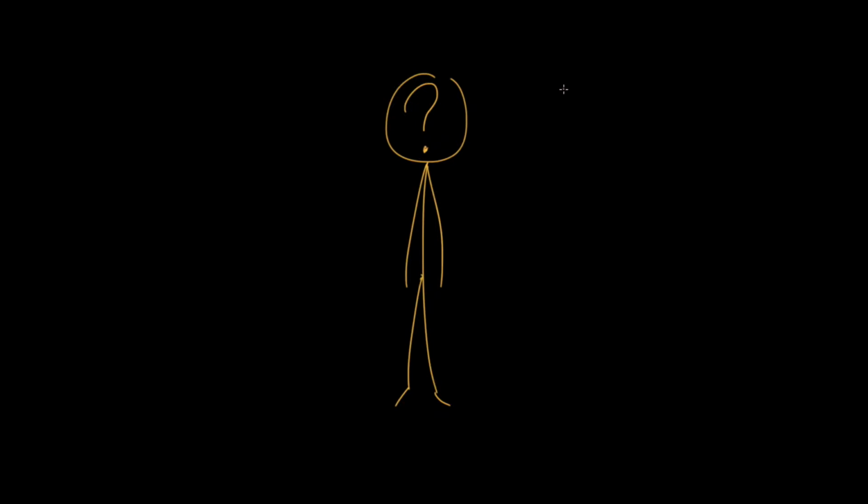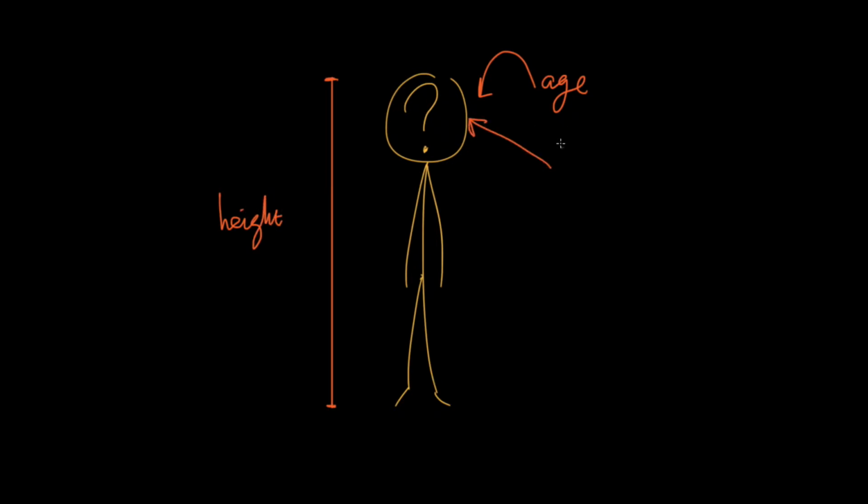So, suppose someone gave us the task of describing people. We might describe them by their physical attributes. Now this could include such things as their age, but could also include their height, which we could measure either in centimeters or in meters. It could also include their hair color, which could be black, blonde, could even be blue. And this could also include their hair length, long, medium, short, they could be bald.